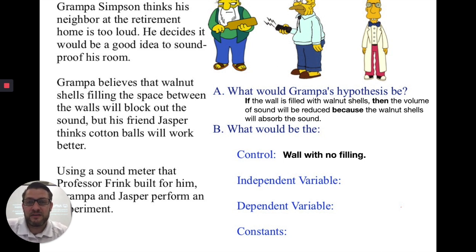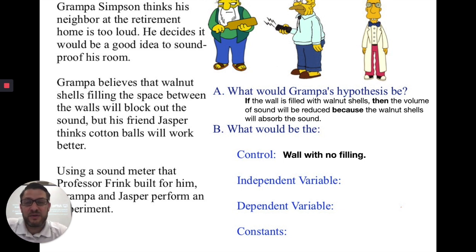Let's say that Grandpa, since he's living at a retirement home, has a neighbor who is old and can't hear very well, so he cranks up the TV. He's watching Price is Right in the middle of the day. So we need to get a measurement of the sound coming through the walls as it normally is. What is the noise that is bothering Grandpa? Once we have that measurement, we can use that as a means of comparing. Once we fill the wall with some sort of soundproofing, whether it be walnuts or cotton balls, we can then compare the measurements from that to the wall with nothing,